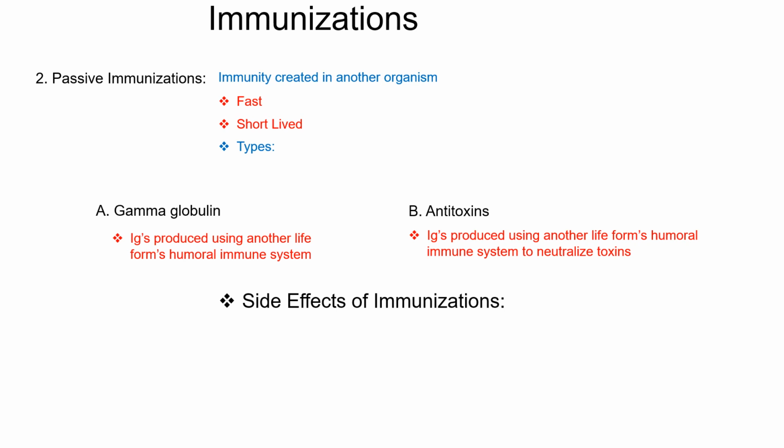Now, with all immunizations, whether they're active or passive, we have to worry about side effects. And when it comes to side effects, the major one is allergic reaction. Now, we're going to talk about hypersensitivities, allergic reactions, in Chapter 18. But understand that anything, and I mean anything, could be responsible for an allergic reaction, including an immunization. The other thing we have to worry about is when we're using an attenuated vaccine, and that is when it produces disease. Remember what I said earlier. Someone that is immune compromised cannot be given a vaccine because there is always a chance it could induce disease.